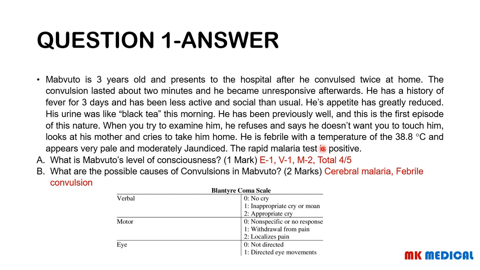Now, what are the possible causes of convulsion in Mavuto? It's most likely that this child may have cerebral malaria. Remember that our diagnosis for cerebral malaria is 2 or more generalized tonic-clonic convulsions in 24 hours attributed to no other cause but malaria. Alternatively, we can say an unarousable state attributed to no other cause but malaria. So this child could have cerebral malaria, or you could even say severe malaria itself is a cause. Then this child could have a febrile convulsion. Remember he still falls into the age bracket.